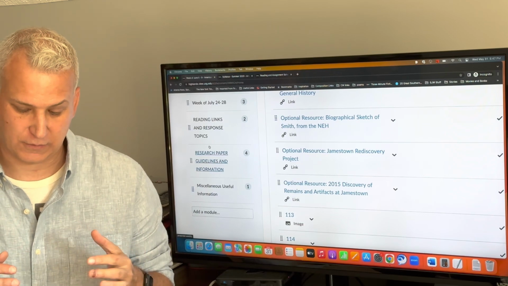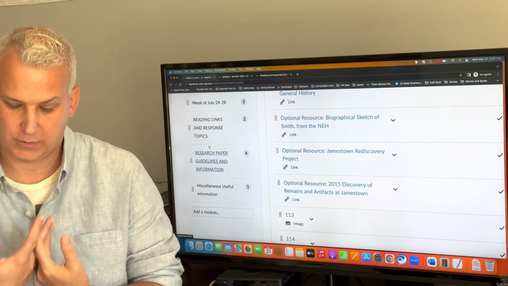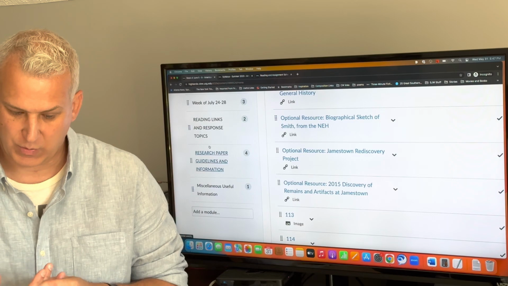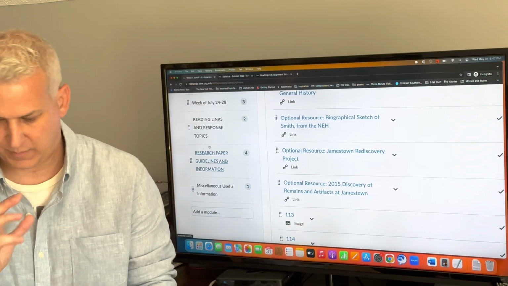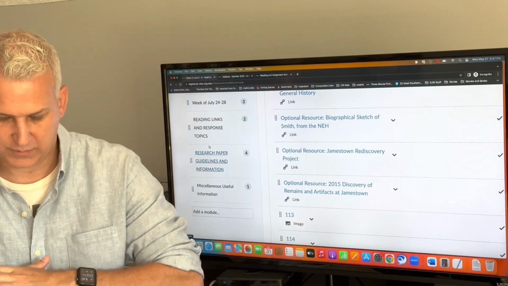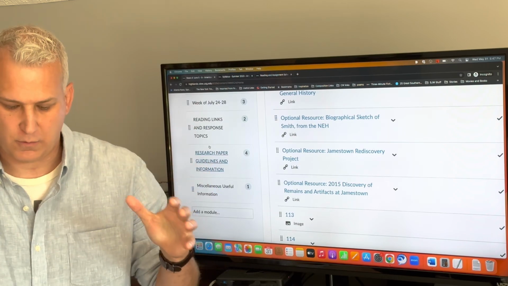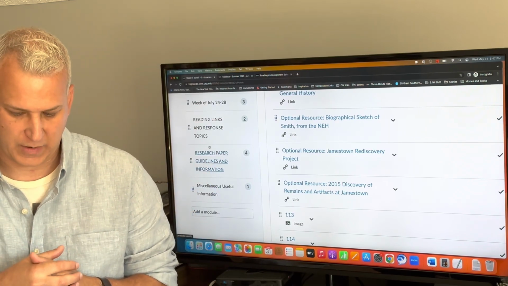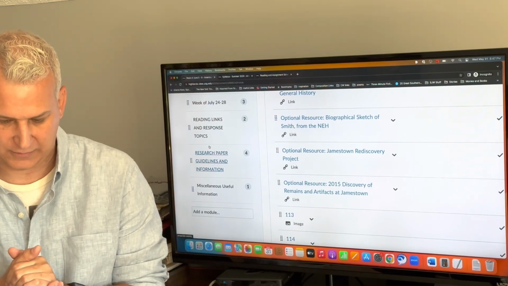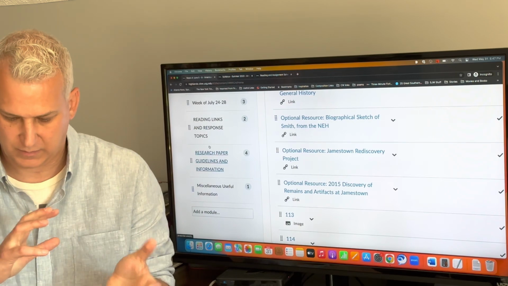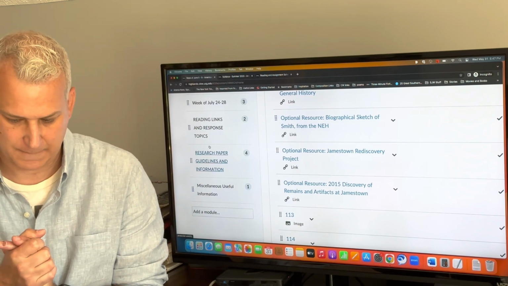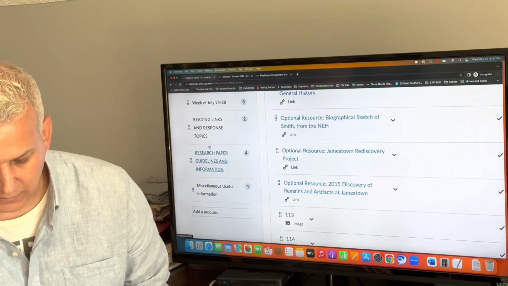But my suggestion to you is to get into the class for at least a couple of weeks, because then some of the research topics will make more sense to you. So don't think too hard or worry too much about the research paper until we get a week or 2 into the class and you start thinking about the different time periods that we're going to cover and things like that. The other assignments